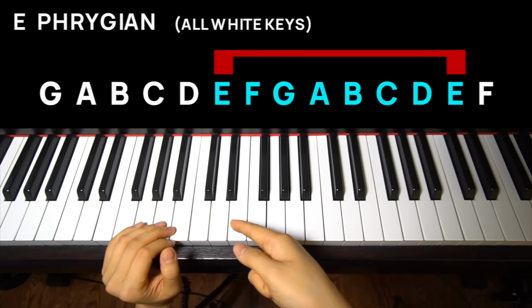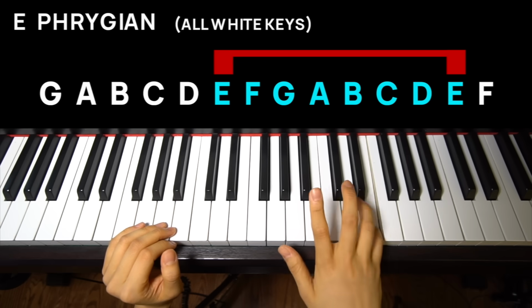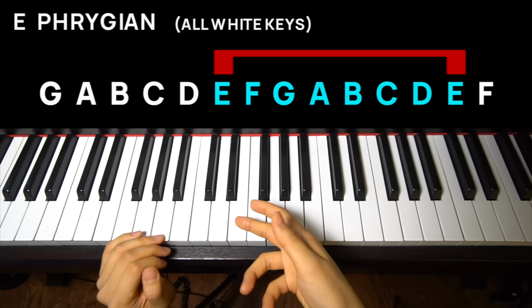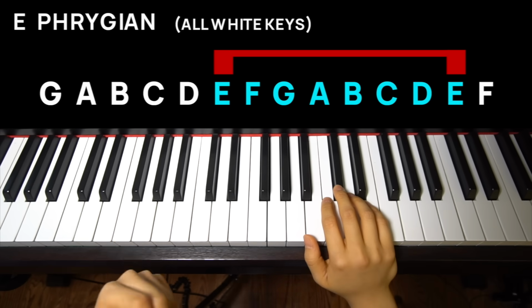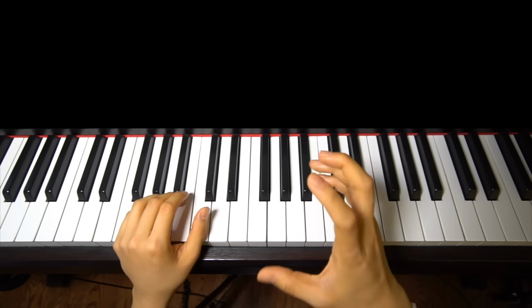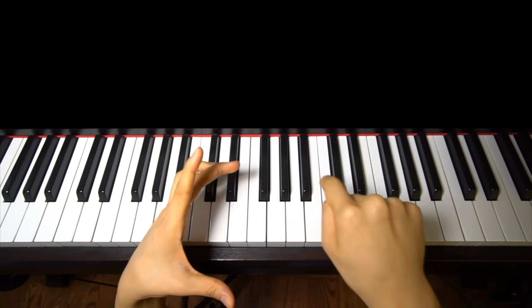If we start on E, we have E Phrygian, which is a commonly used mode in flamenco. So that's how I'm understanding the different shifts in rhythm, where you have the same clock, the same format with